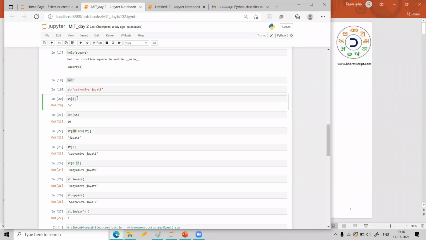That is the question. If you see lines 19 and 20, it is doing like that. But here in line number 27, we are giving the character and we are asking at which location the character is present. So we are using another function kind of thing, index. That is the syntax.